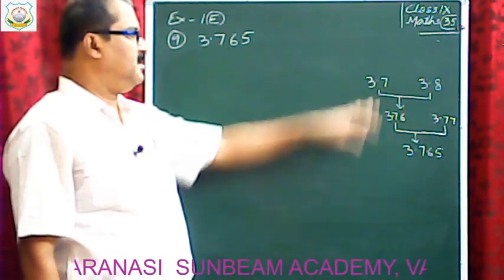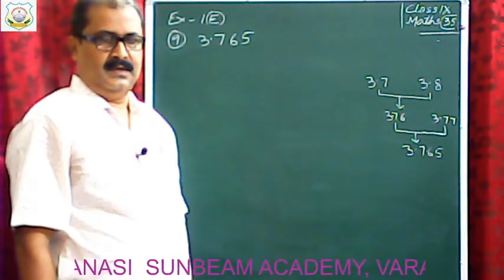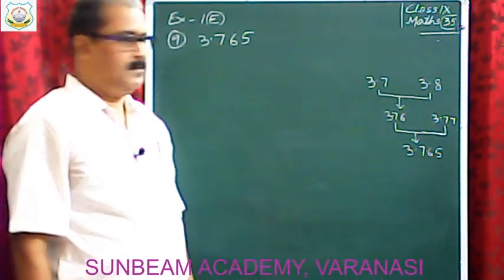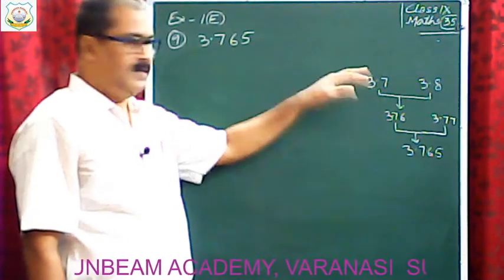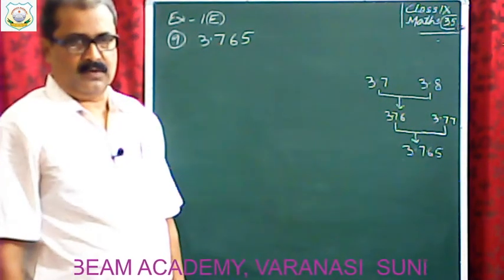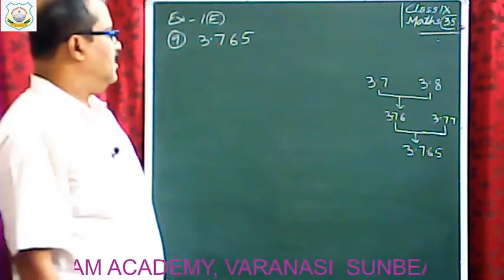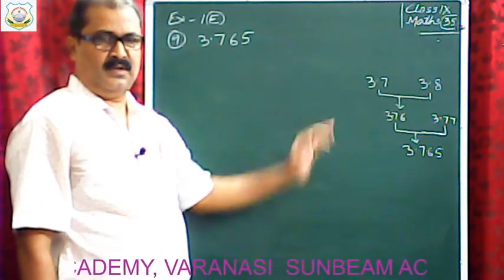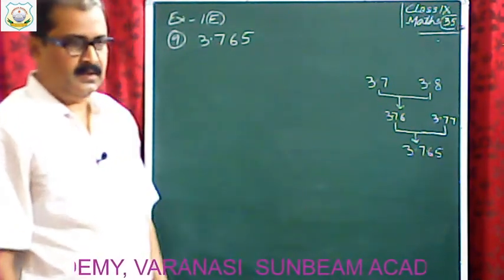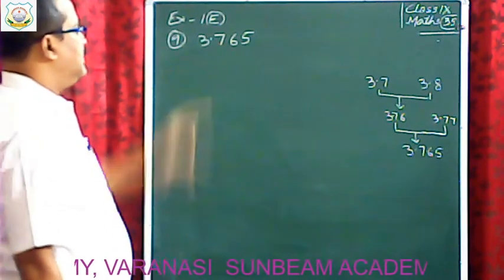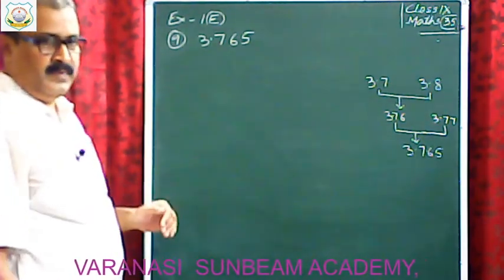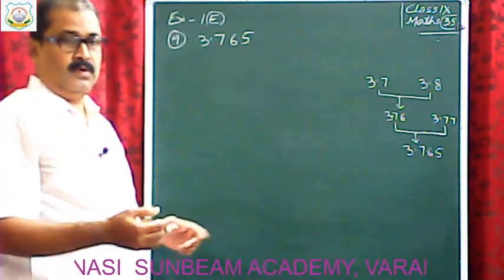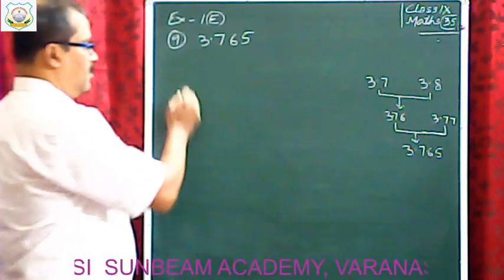First of all you have to represent one place of decimal on number line. Thereafter you have to magnify and represent two places of decimal on number line, and finally we get 3 places of decimal on number line, isn't it? So 3.7, 3.8 we have to represent on number line. For that minimum we have to draw a number line of 4 units. Okay, so draw a number line first.